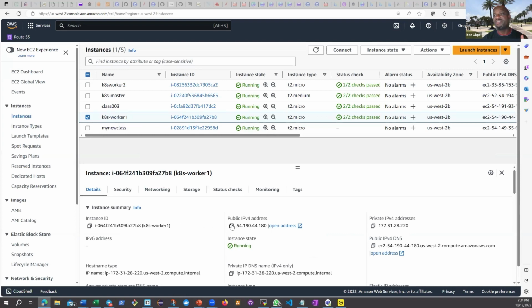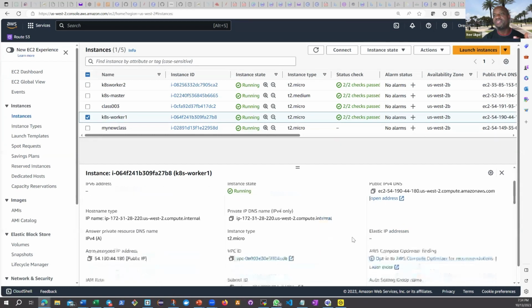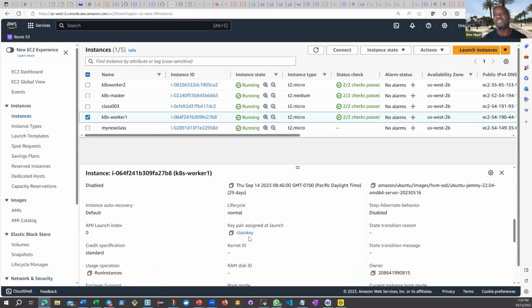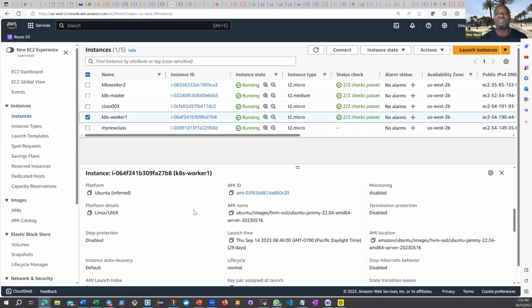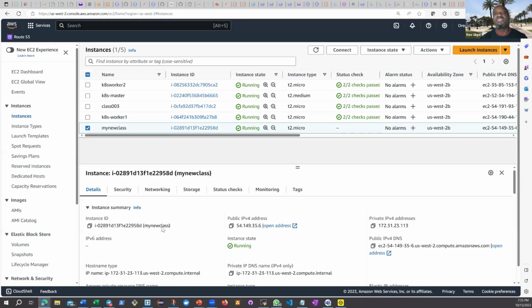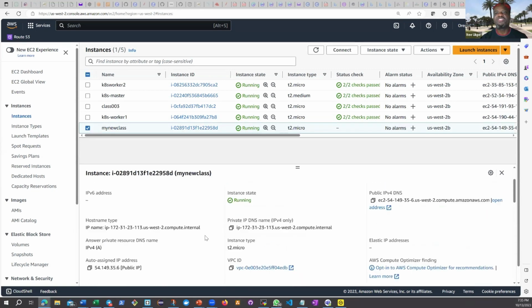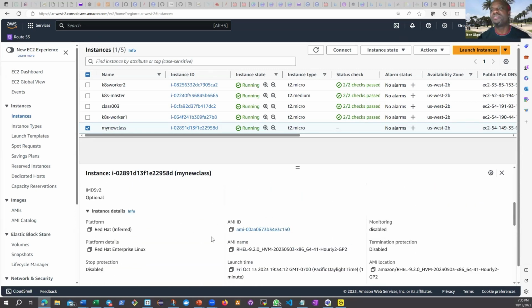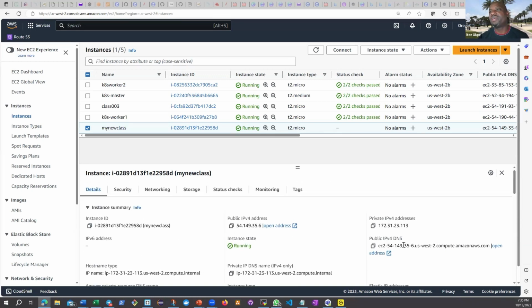That gives you the IP address, the public IP address, private IP address. If you're not sure what your key pair was, this will show you the key pair, right? Here we have the class key pair. You can click, and you want to see the kind of distribution. You see, this is an Ubuntu distribution, right? And the one that we just created now, we'll take a look at it. It's a Red Hat distribution. Right, if we get into details, let me see. Yeah, this is a Red Hat distribution, right? And this is the public key and the private key. So what you really need here,